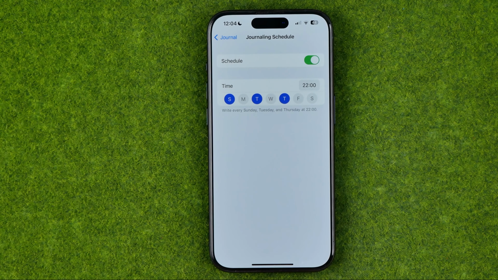That's how you can easily configure a schedule on Journal app,